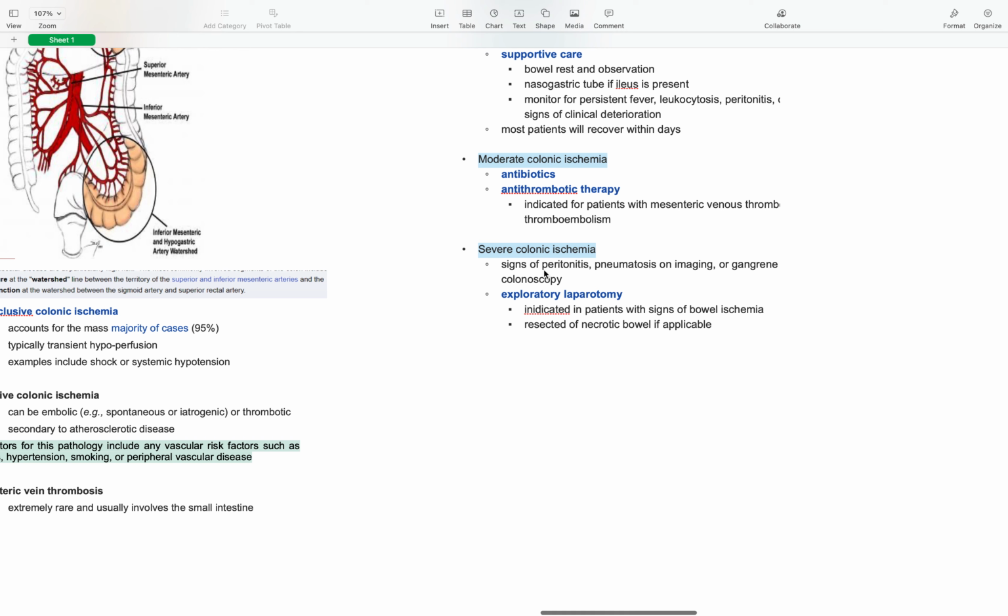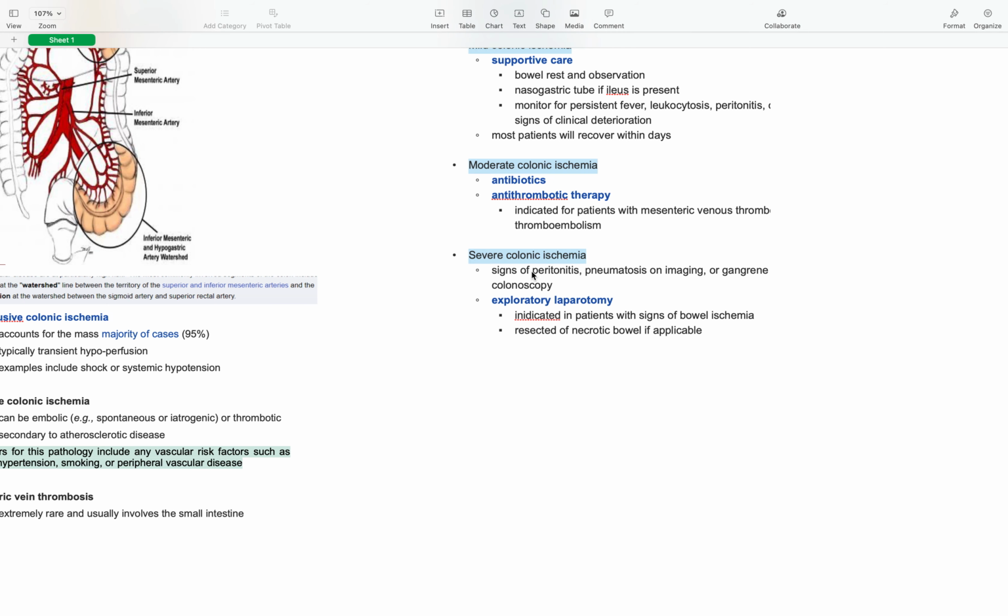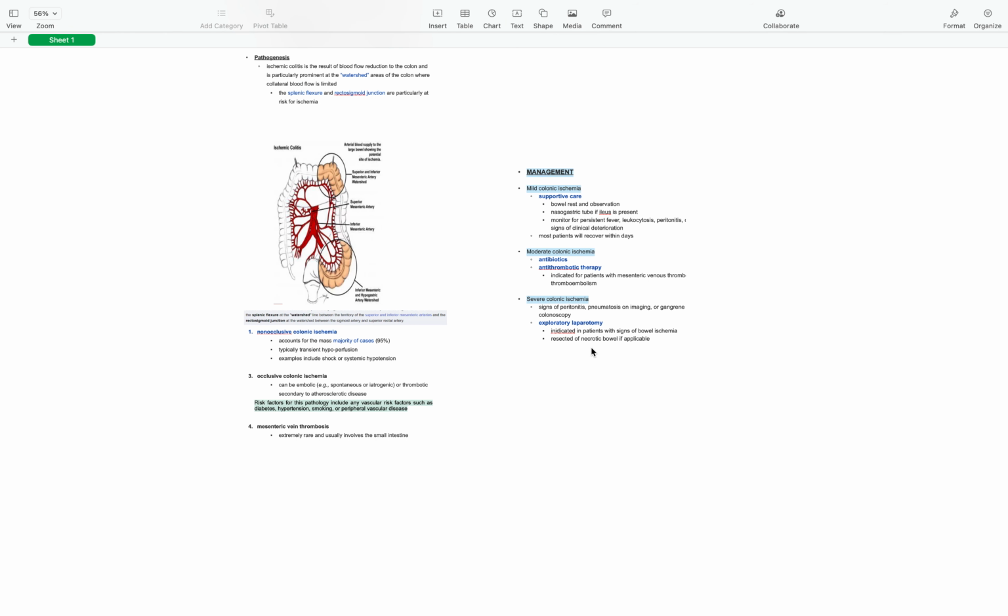And then severe colonic ischemia: signs of peritonitis, pneumatosis on imaging, or gangrene on colonoscopy. This is when you do an endoscopy, to find out if there is gangrene. Patients who are hemodynamically unstable or have pneumatosis on imaging are classified as severe colonic ischemia, and that would definitely require exploratory laparotomy. In that case, it is indicated to resect the necrotic bowel if applicable. So that is all about the